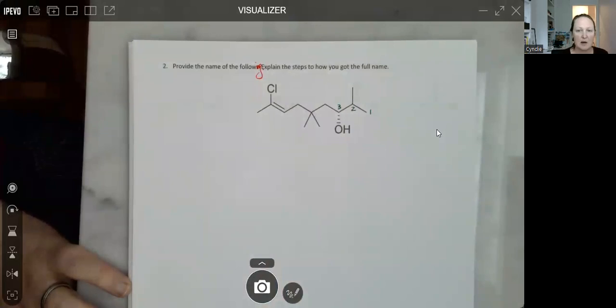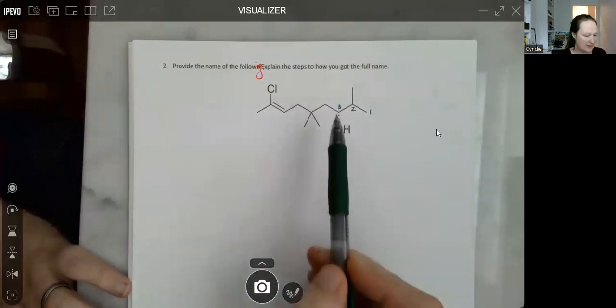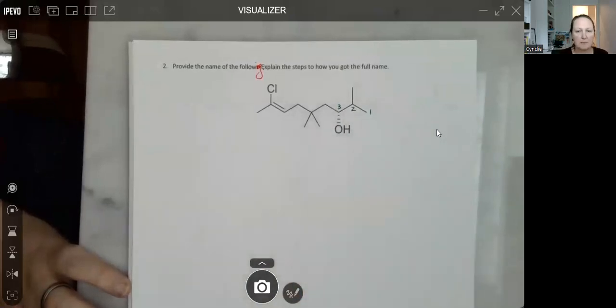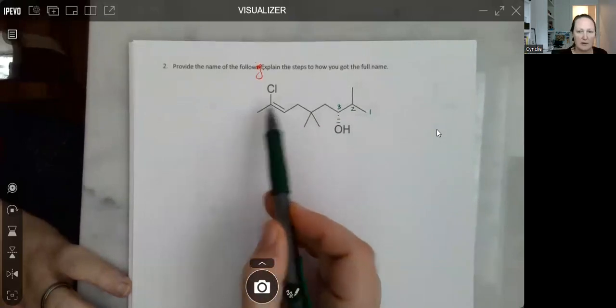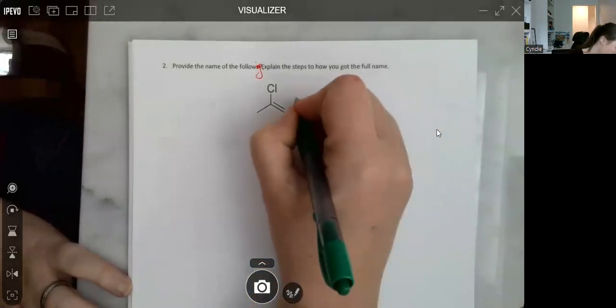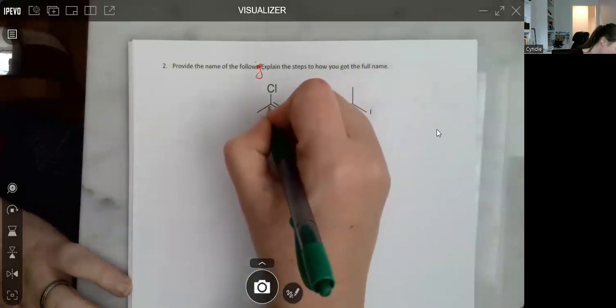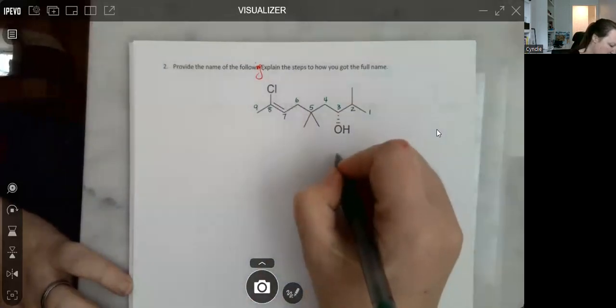to the alcohol, so the carbon bearing the OH group, and get the lowest number possible for that, right? So I need to start on this side and not going the other direction. And we want to go on the longest carbon chain that also includes the alkene, right? So that would be 9 carbons, right? So then our parent,